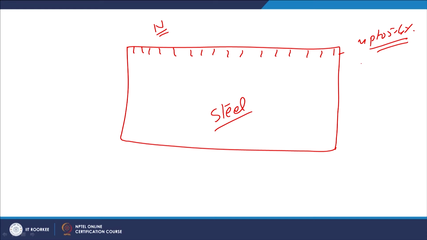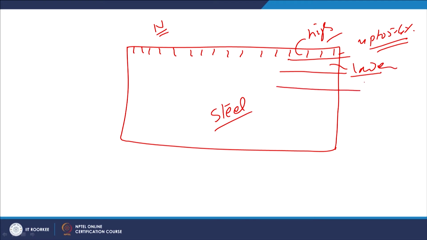When nitriding is performed, we will see that, like carburizing, the nitrogen concentration is higher at the surface, then somewhat lower at the subsurface layer, and then further lower in the deeper zones away from the surface. At the surface we may have 5 to 6%, then 3 to 4% in the subsurface layers, then 2 to 3%, maybe less than 1% as well in the deeper zone.